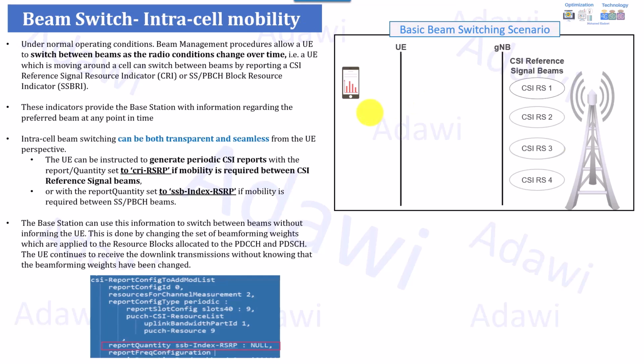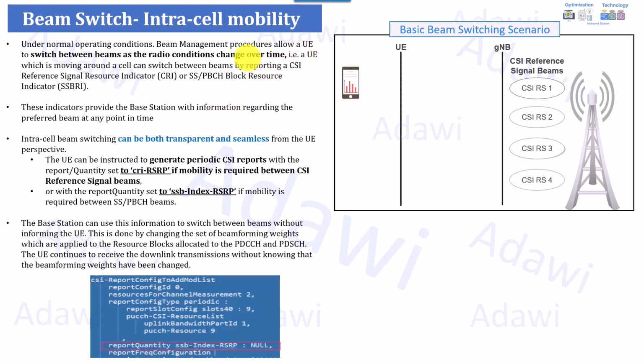So now let's continue with more details about different beam mobility in 5G massive MIMO. Again, the first type I'm going to cover is intra-cell mobility beam switching. As you can see, this is intra-cell mobility beam switching. And as I highlighted, intra-cell beam mobility switching can be both transparent and seamless from the UE perspective, where actually